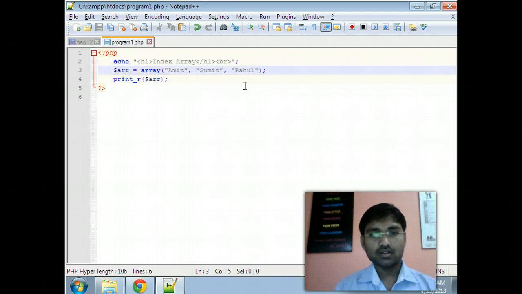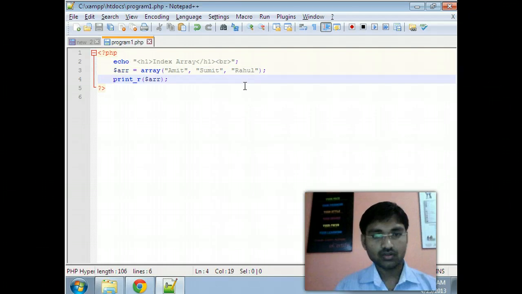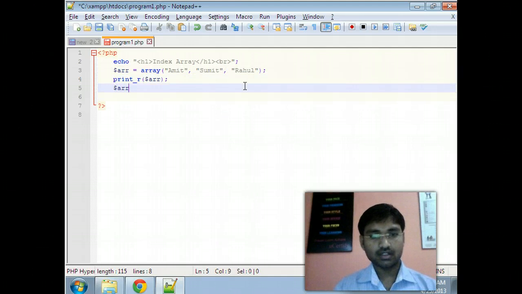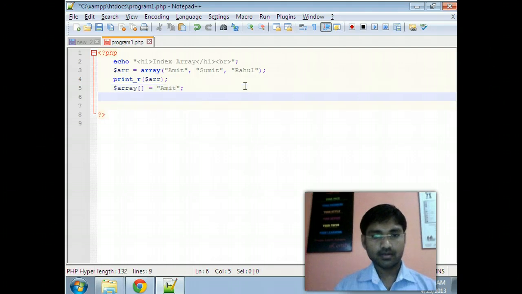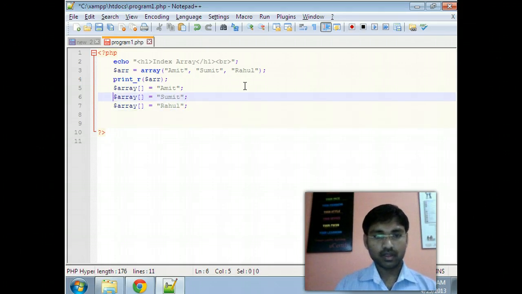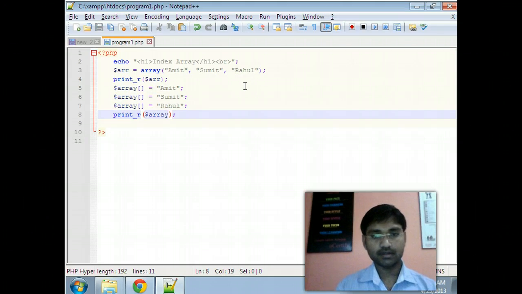So this is the index array, and I am going to create this array in another format like $array index equal Amit, $array, then providing value Sumit, $array Rahul, and going to print by the function print_r array.